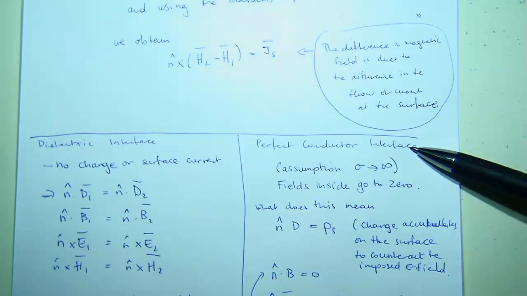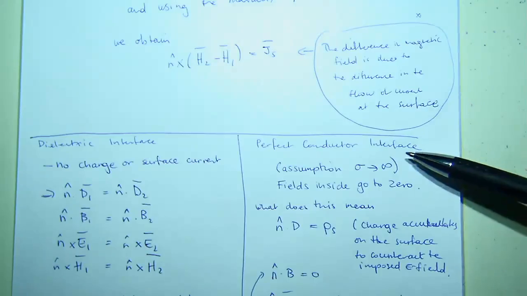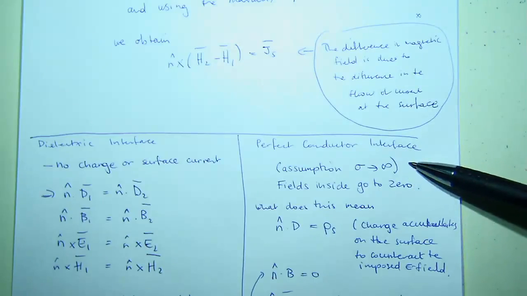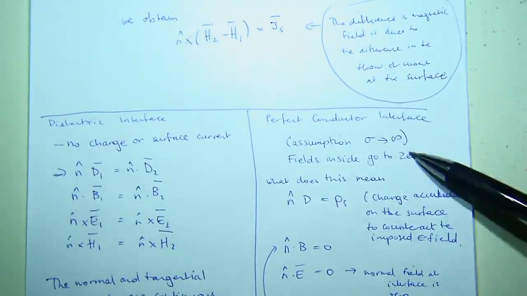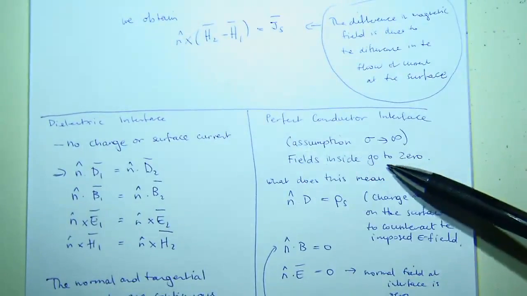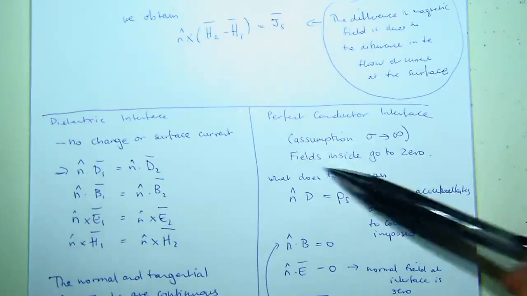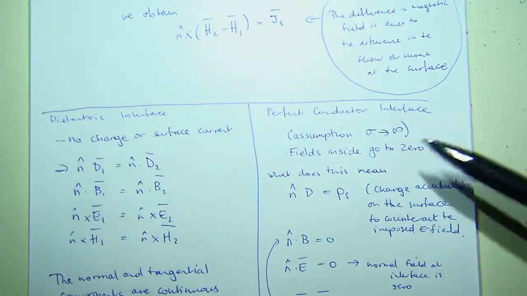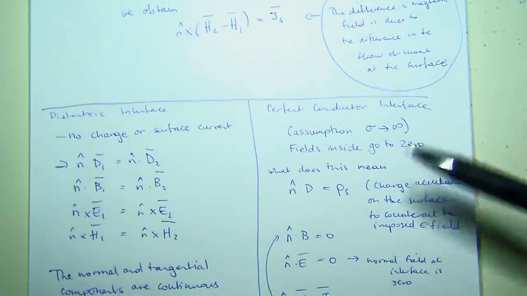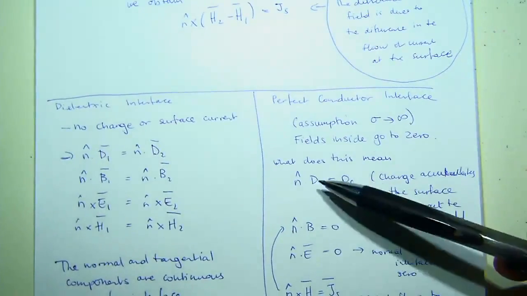Now, mind you, a perfect conductor doesn't exist, but for all intents and purposes, if we're talking about certain materials like copper, gold, silver, which have very large conductivities, what we know, and we use this when we're trying to build shielding, is that the fields inside these materials go to zero, and if we follow through the same arguments, what we can actually show is, again,